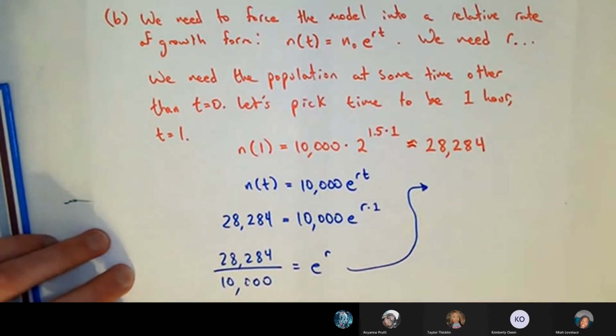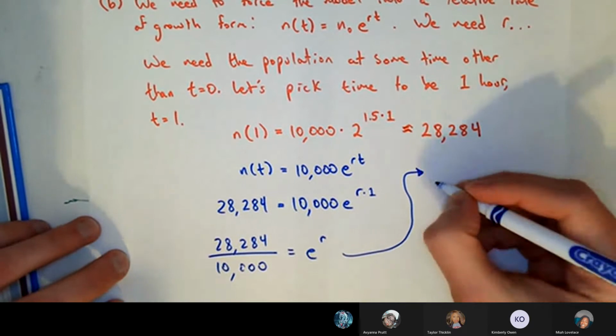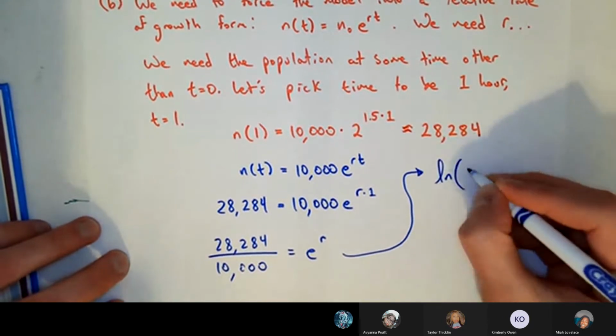And let's come over here, and I'm going to take a natural log on both sides. So remember, R is buried up in the exponent position. I want to get it out. So I take a log on both sides, and I want to cancel out the e, so I pick the log that has the same base, a base of e, that's the natural log. So I'm going to take natural log on both sides,